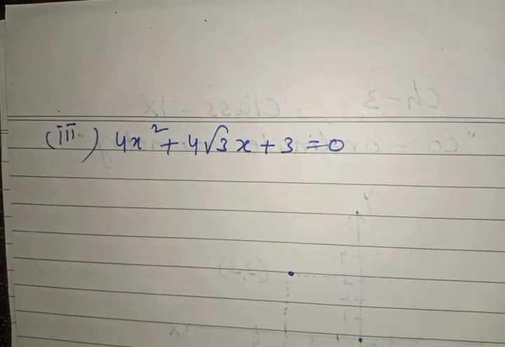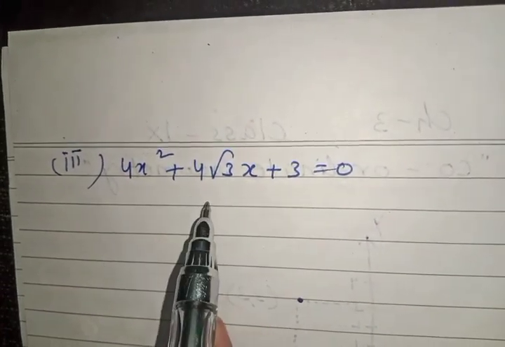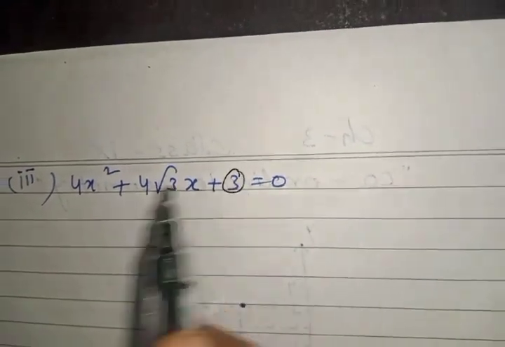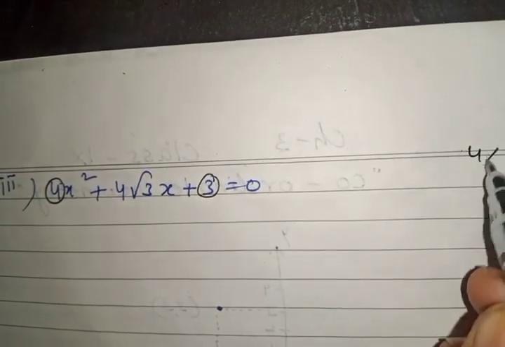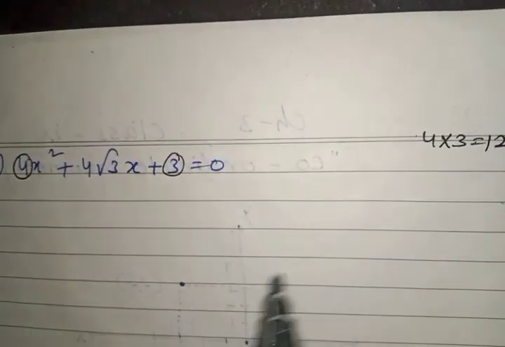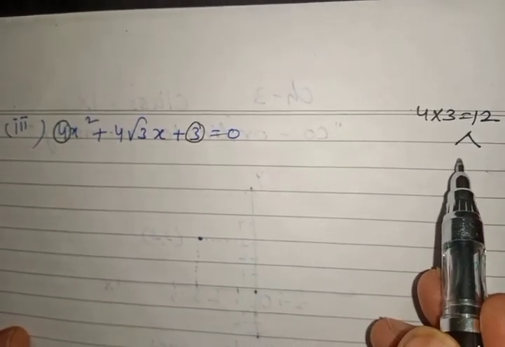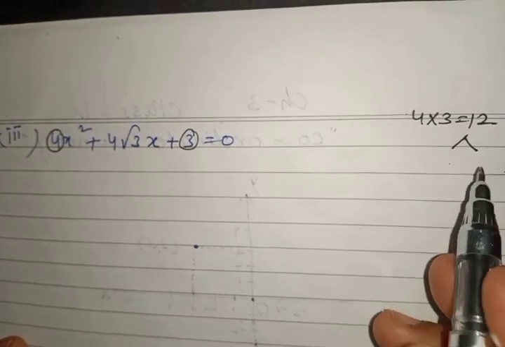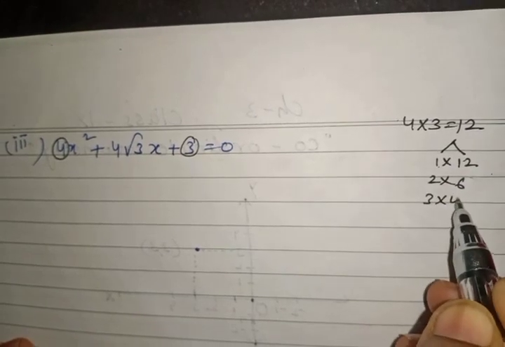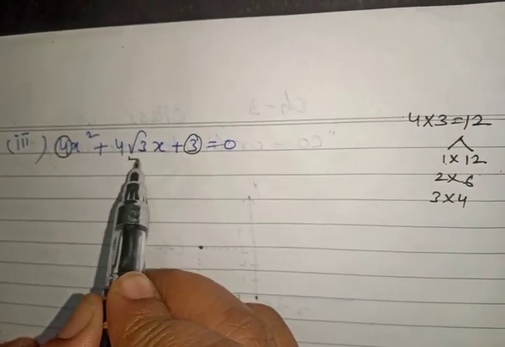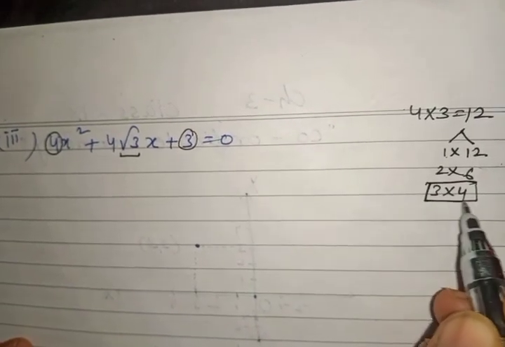Now one more part. If you do it with the quadratic formula, it is very easy, but if you do it with factorization, you will face some difficulty. So I am doing it with factorization. The number is 12. Now we need to factorize 12. The factors of 12 are 1 and 12, 2 and 6, 4 and 3. So we can write it like this: 1 12, 2 6, 3 4. Because it is root 3, this combination is the best for us.